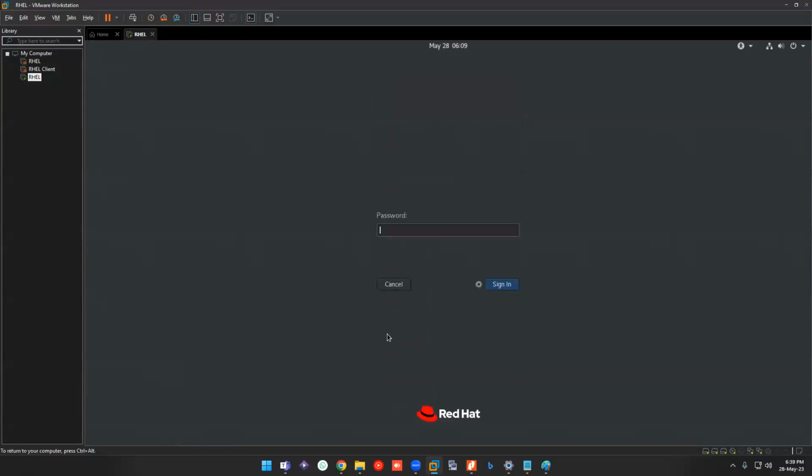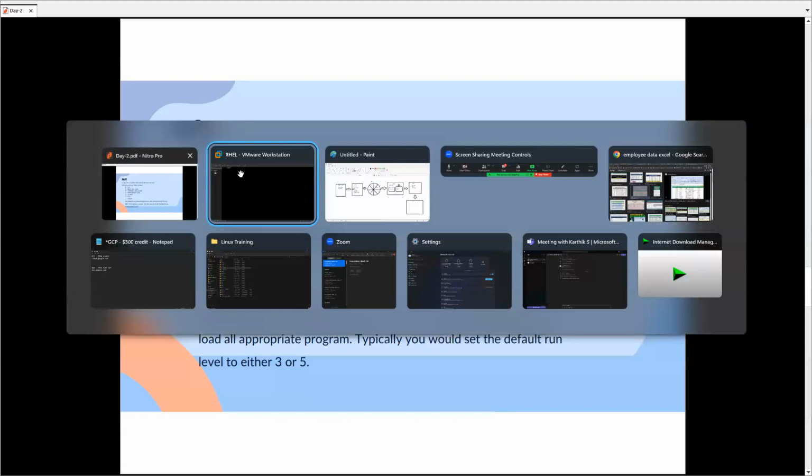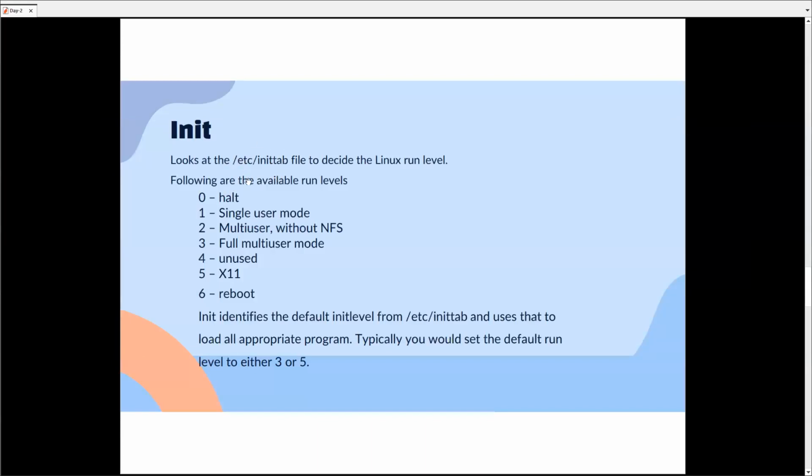Let me show you. If I type init 0 in the terminal, it will shut down the machine. And whatever you are seeing here will have its own purpose. Again, it is part of this configuration file. So what is a configuration file and these file systems? In today's session, we'll be seeing that as well.